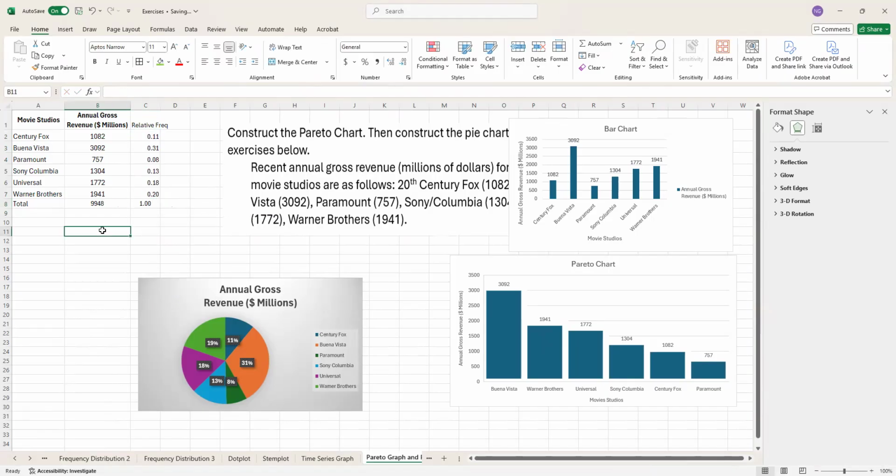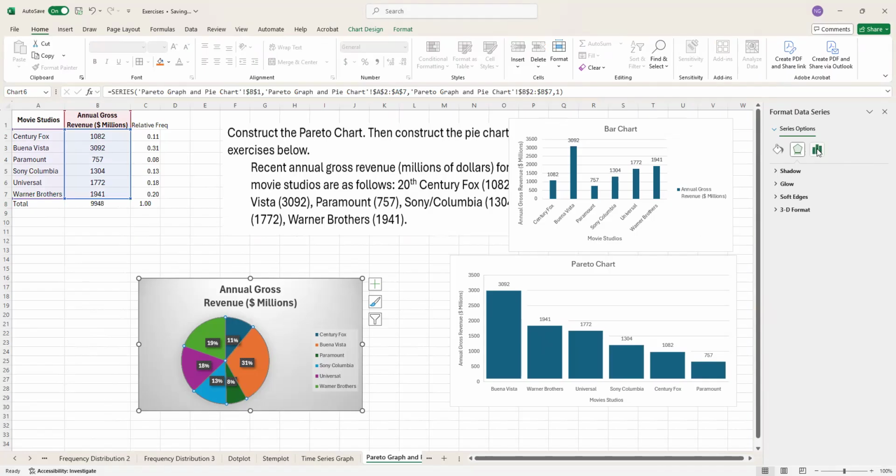So we don't need to find each relative frequency, but if you compare these two, you would see your pie chart. In the pie chart, each movie studio corresponds to that percentage. You see, Century Fox is 11%, and based on the color,